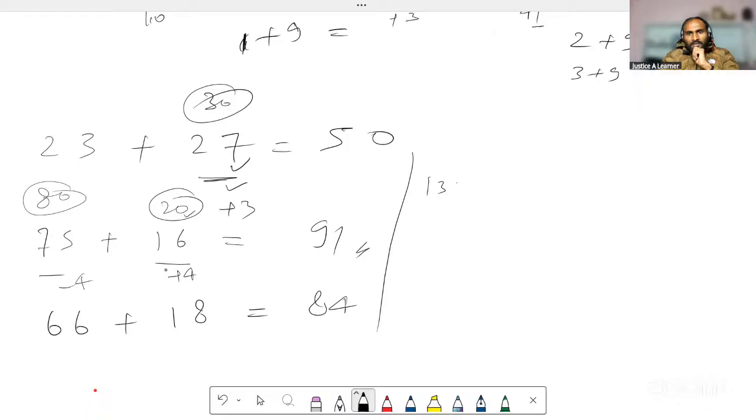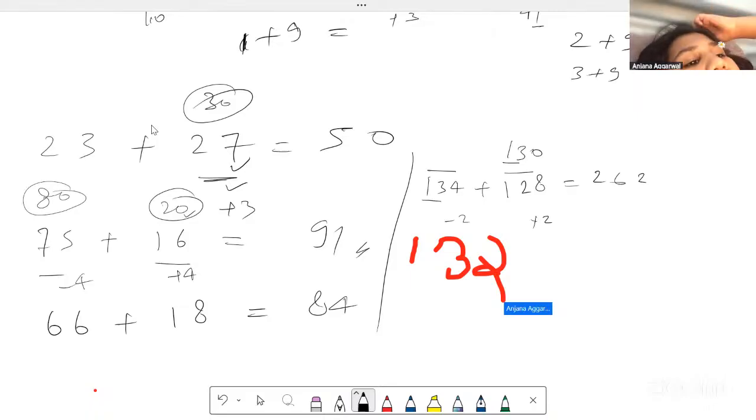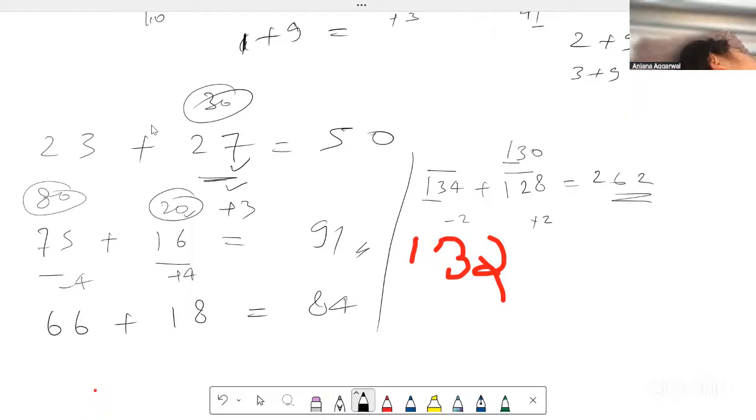What if I go for 3 digits? Can it still be easier for you? No, I can't do that. Yeah, it's easy. Do you want to know how? So either I go with this or I would go with this. I would take it 130, and then it needs 2, so it will be 132. And I simply know 13 times 2 is 26, and then this 2 will be added, 262. This one is easier for me. Hard? Yeah, that is hard.